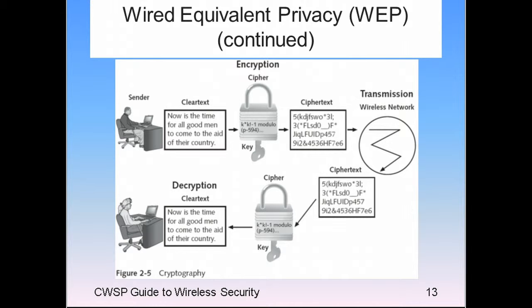This is the process for encrypting WEP. We have our clear text, which goes through a cipher, which is going to have a key, and the cipher in this case was RC4 was the algorithm. The algorithm is the mathematics that does it. So we take our plain text and send it through a key with an algorithm. The key is